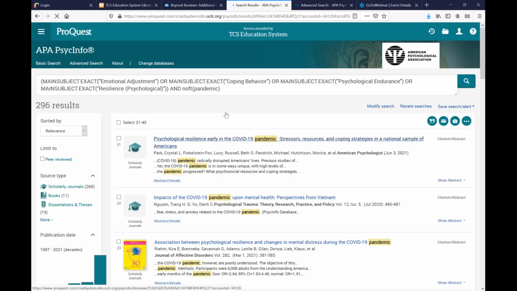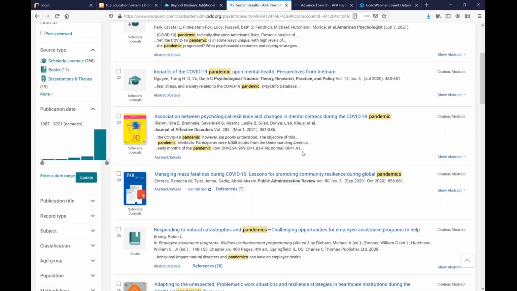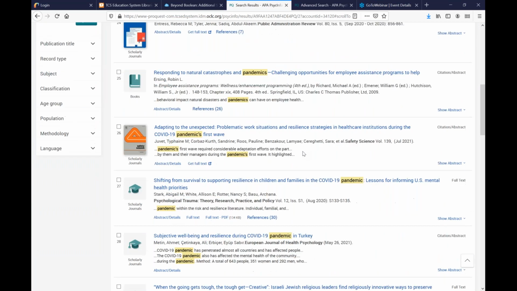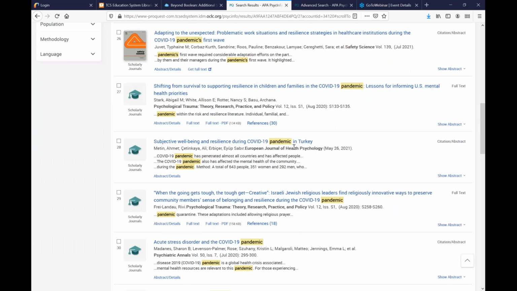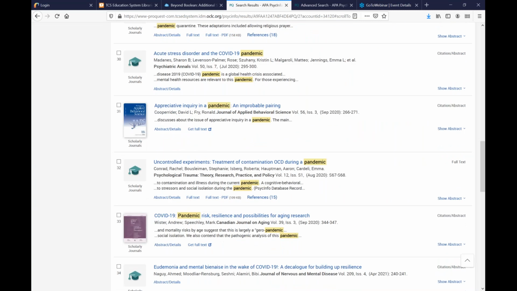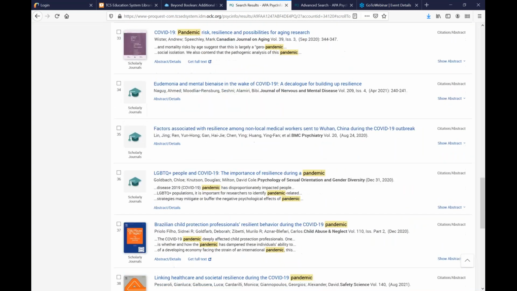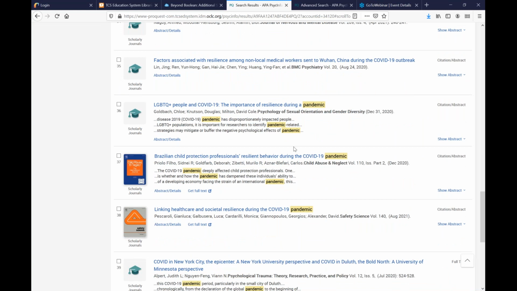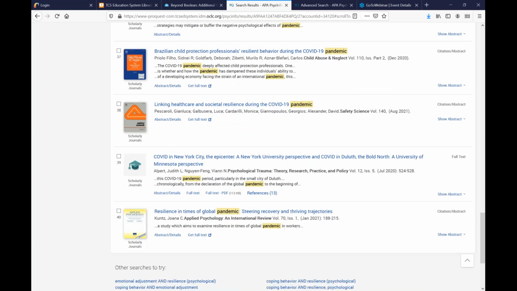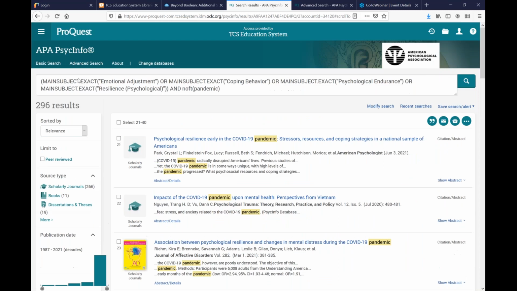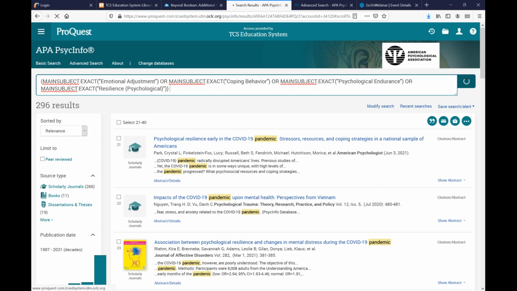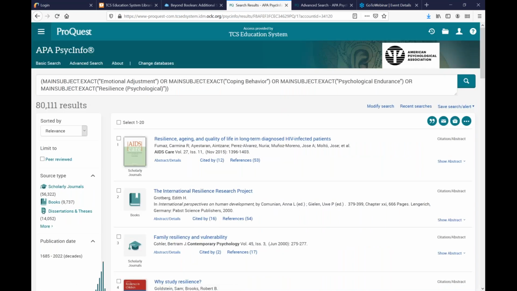If you find that an article has been cited many, many times, that might be an indication that it's something you want to look at. Maybe it had a really big impact on your particular subject area or research area, and that's something you may want to include in your literature review. Maybe this isn't quite the topic, so let me remove pandemic just so I can see. This is way too many, right? Resilience, we've got 80,000 results, definitely need to narrow that down. But just to show you